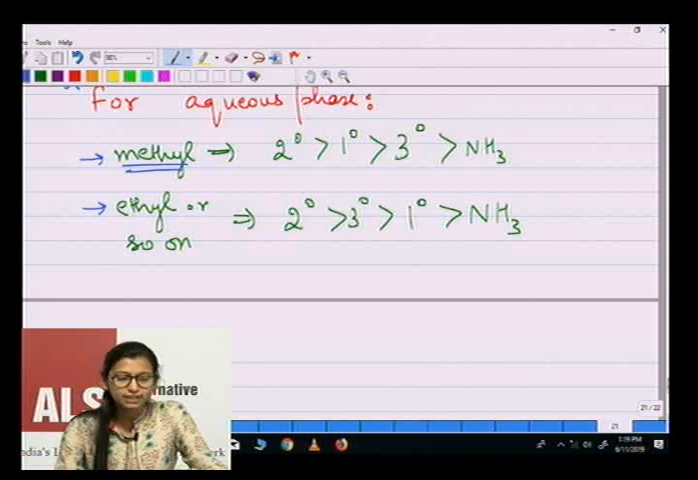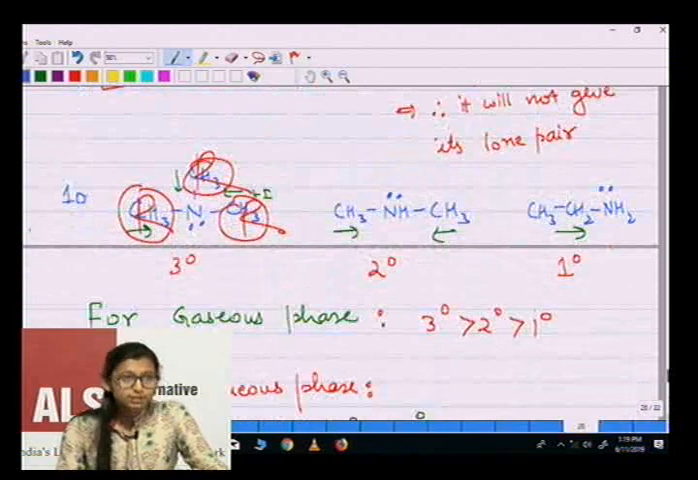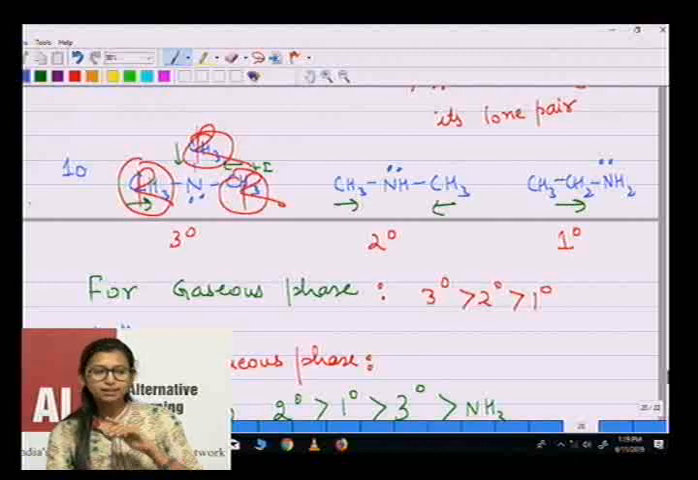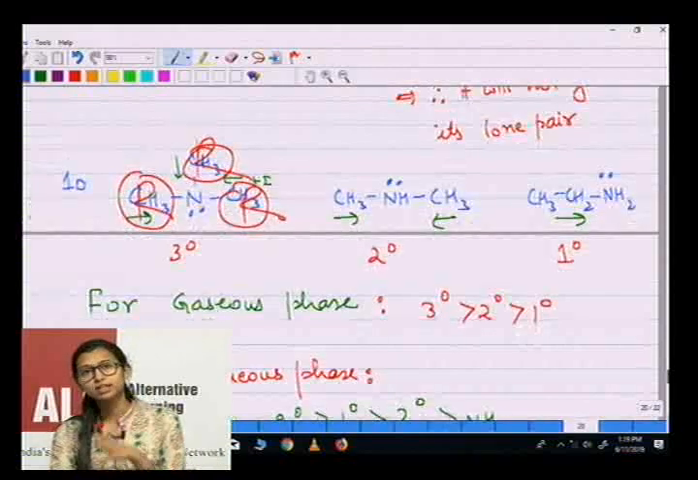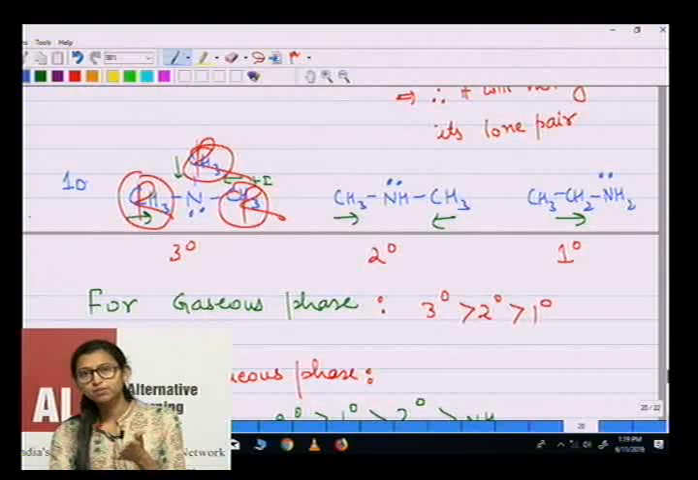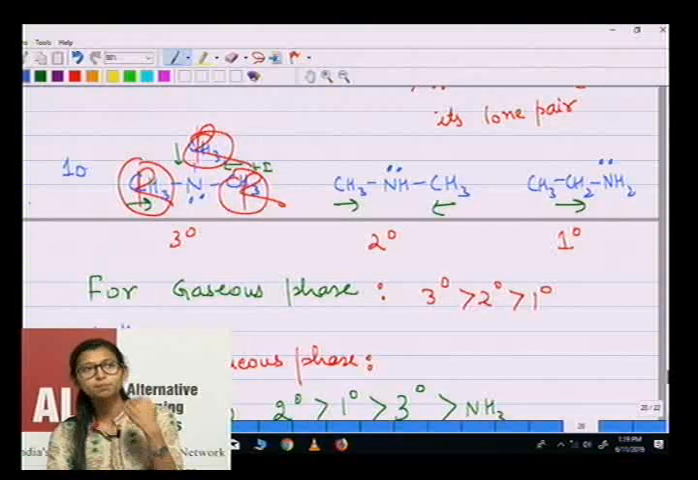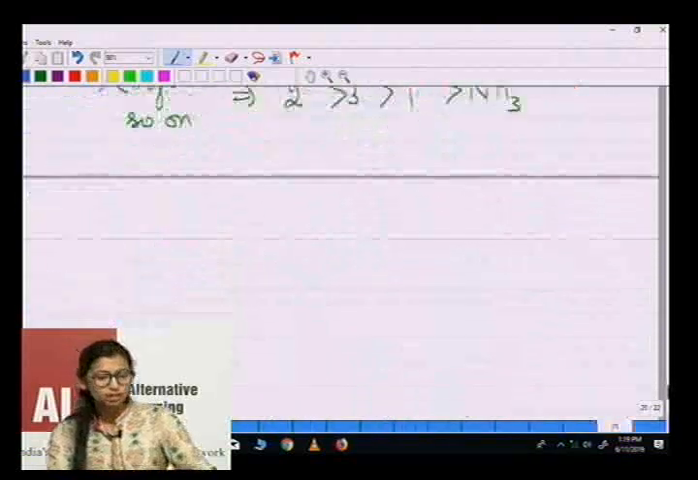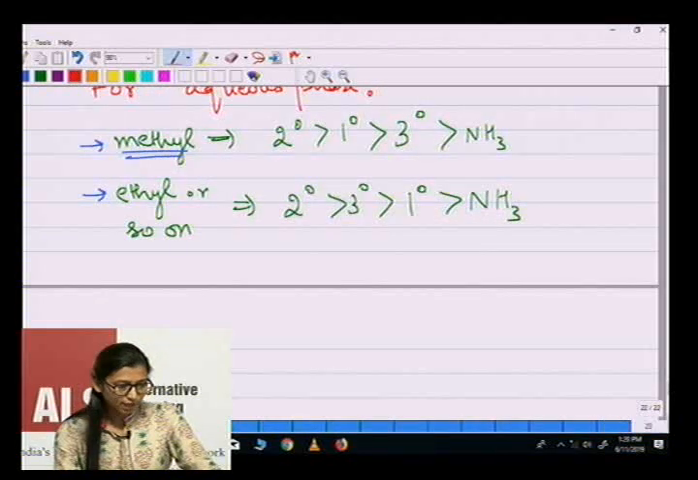See what is actually happening here. I hope this is clear to everyone that via the inductive effect, the answer will always be 3 degree, 2 degree and 1 degree. The more electron releasing groups you have, the more the basic strength will be. Now everyone just look at the screen. Let's say if I have NH3,